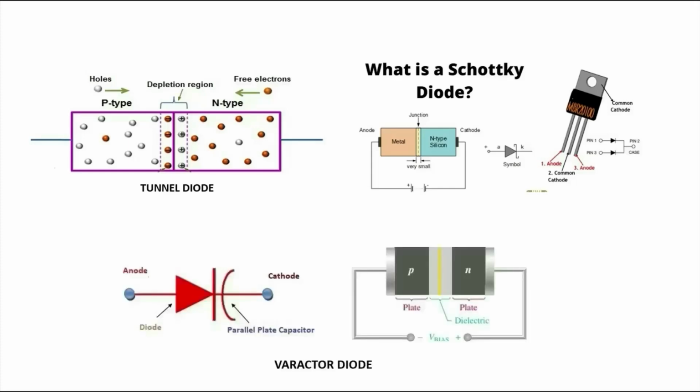And the last one is varactor diode. It is also known as varicap. There is a barrier potential and the depletion region acts as a dielectric medium, so that we have a capacitor. By varying the reverse bias voltage, we can vary the depletion region width. We know that the capacitance is equal to A epsilon 0 by D. By varying the D, we can vary the capacitance, so that we have a variable capacitor.